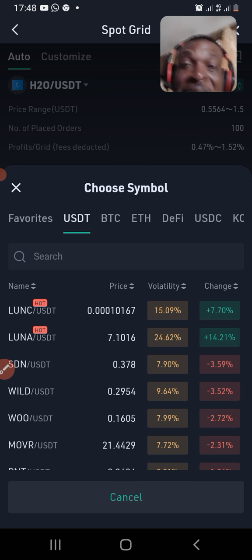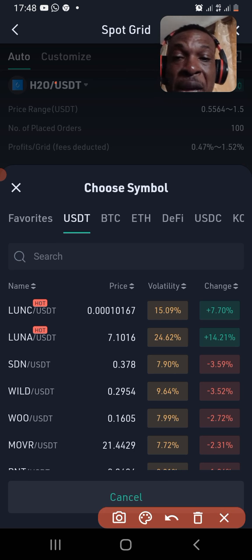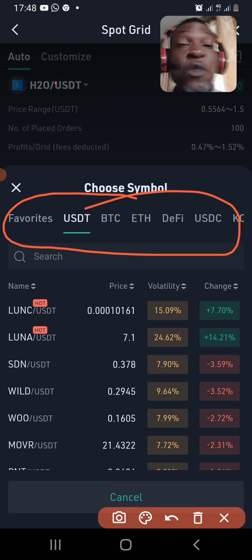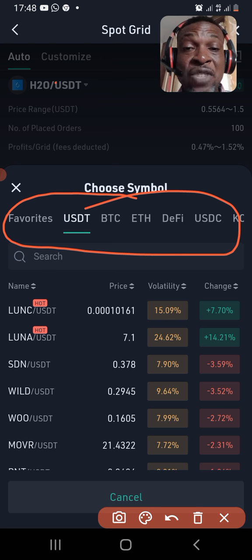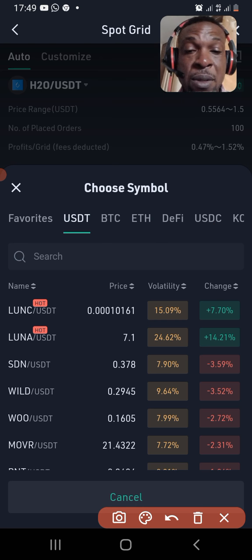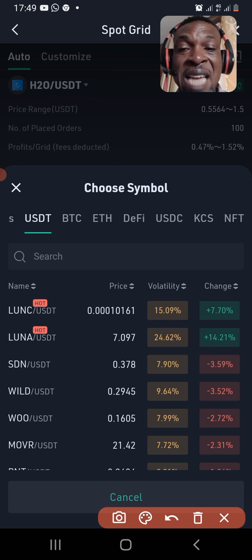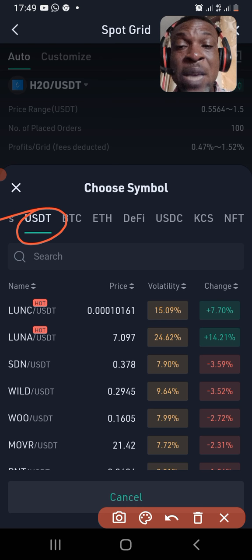Okay, fantastic. Now, if you look right up here, if you do not want to credit USDT, which is a stable coin, you can credit your account, that's your spot wallet, with BTC, Ethereum, DeFi, USDC, KC, and what else? You can credit your account with NFT as well to trade, depending on the pair you select. So the most important thing for me is to select, I've decided on using USDT, and that is what is